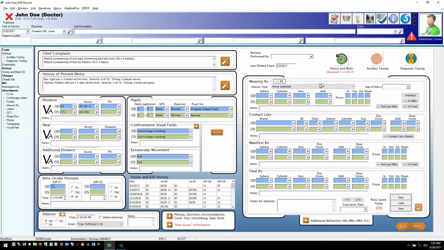Let's jump over here and go through the refractive area. If you have auto lensometers or auto refractors and they are capable of outputting data, then we will be able to interface with them. So for example, if you have an auto lensometer that you can take your glasses to and read the lenses, and that it's capable of outputting data, you'd be able to come back and click the interface button after reading the glasses, and it will automatically pull the data in and place it into the correct